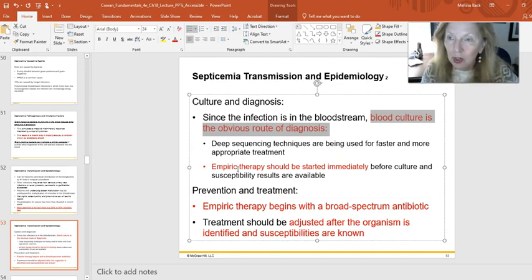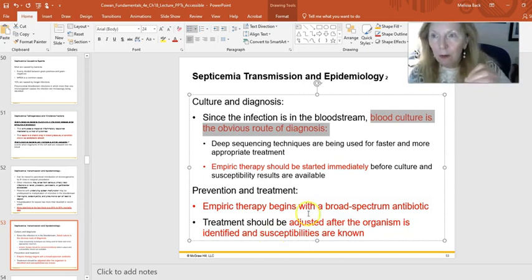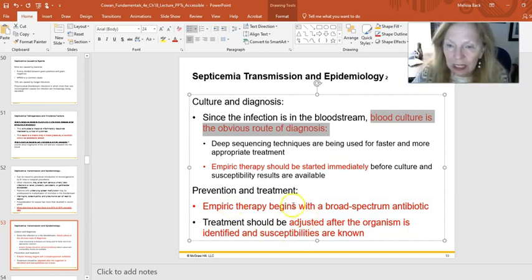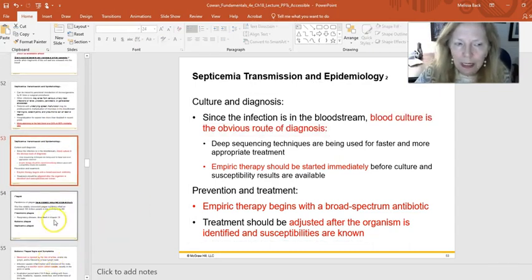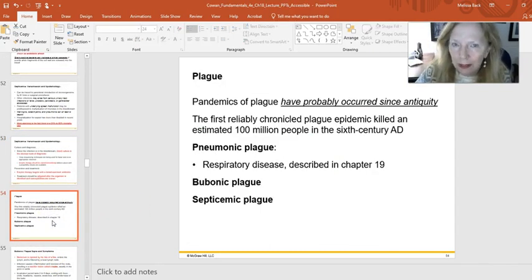Sometimes they actually even start those antibiotics in the bone marrow. So not just IV, they'll even do bone marrow antibiotics to get it even quicker. So once it is identified, then you can sometimes narrow down your treatment so that the therapeutic index is becoming a little bit safer for the patient. But in the beginning, you have to be covering all bases.